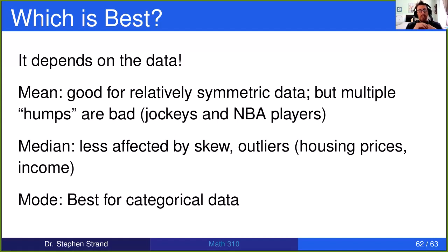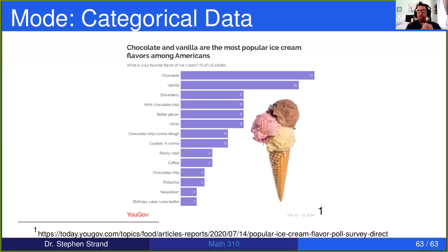The mode is usually the best for data that we want to put into categories, which is something you can't use the mean for. So here's an example of something where you can't really use the mean. If we want to talk about what are people's favorite flavor of ice cream. Well, there's no way to average chocolate and vanilla, right? Those are not numerical data. Those are just categories. And so what we would be interested in is the mode, right? What's the most frequently occurring response? And in this case, it's chocolate, as you can see from this one survey that I was able to find